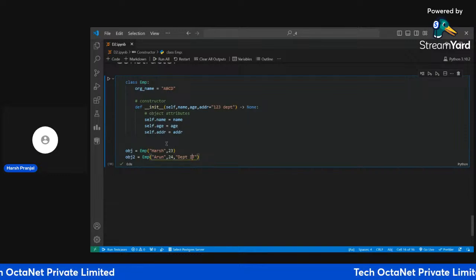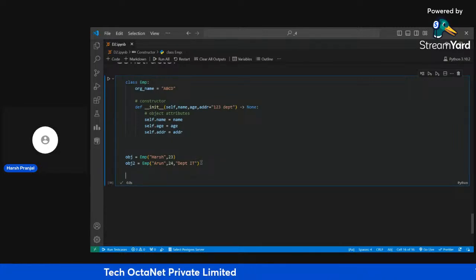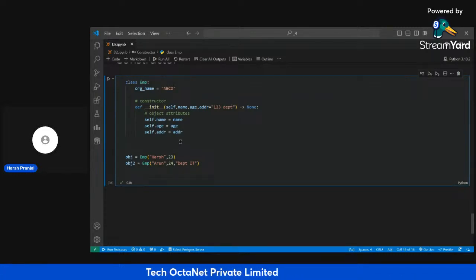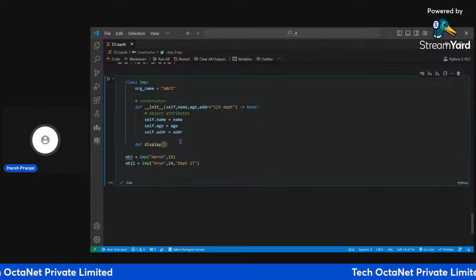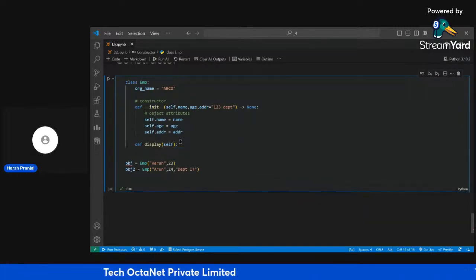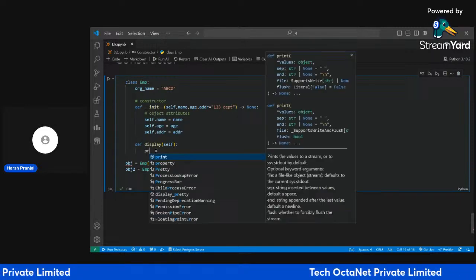Let's see. We have half an hour left. Let's first use a display method. The display method won't accept anything. If it is a method, it is a function written inside a class, so you have to provide self, which can be any name, to accept your object. Let's print the data,